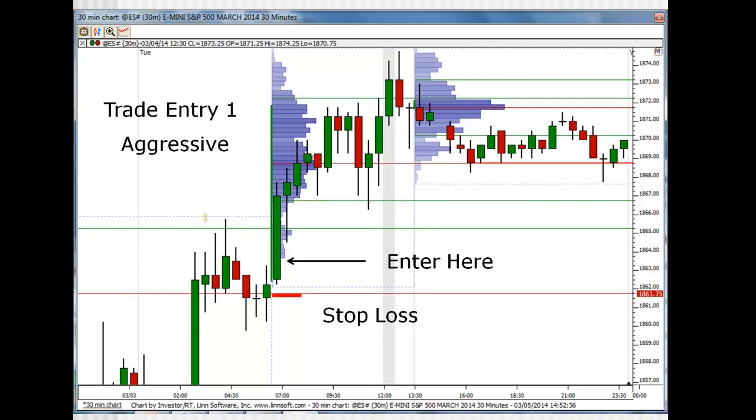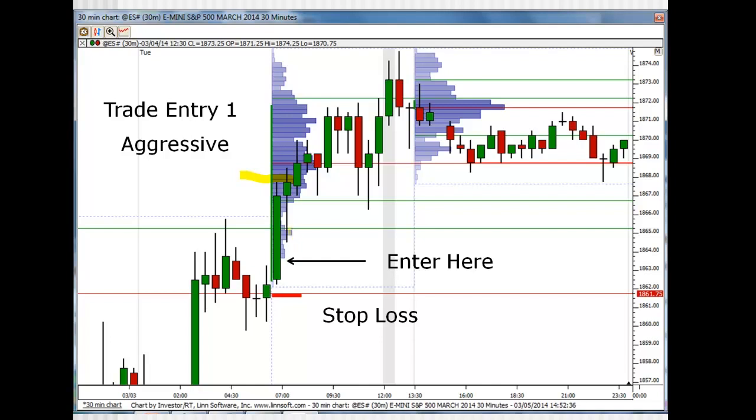Higher highs, higher lows. So an aggressive entry for this trade would simply be to enter the trade immediately once this candle breaks the high of this candle. So I would be in the trade. Now, mind you, we could in fact see quite a bit of movement up and down within the candle, and it depends on how the candle develops. Possibly the market may have opened and then went higher and then came back lower. If in fact the market had done that,